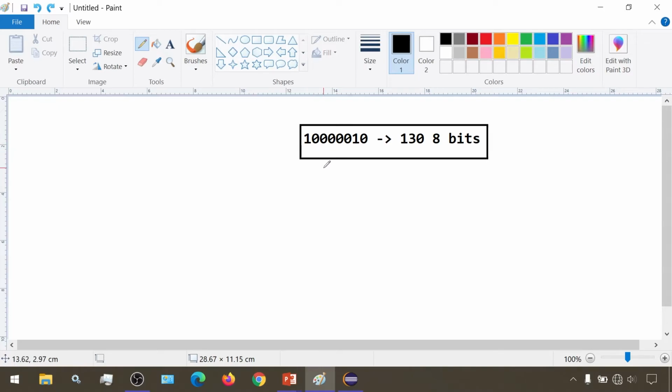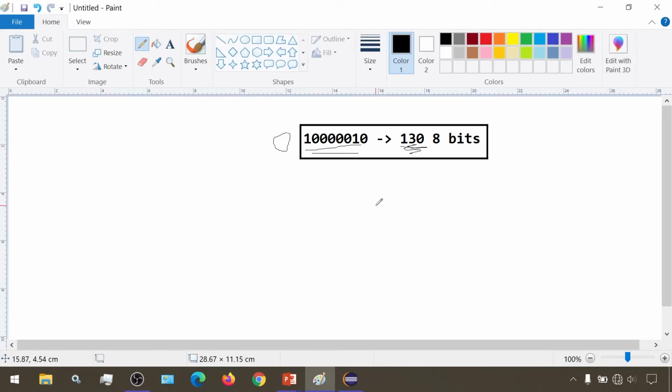Now just keep in mind that these total 8 bits are used to represent the value 130, not its sign. To represent its sign, there is another bit towards its left, and since the type of 130 in the program was int, it has 32 bits. So 8 bits represent the value 130, and the 9th bit represents the sign.